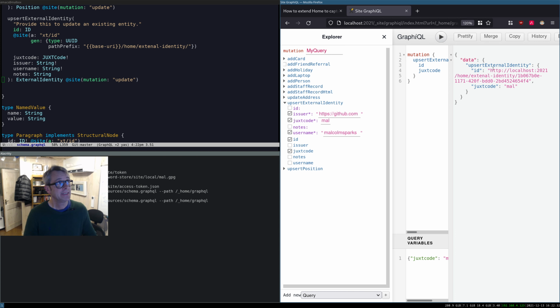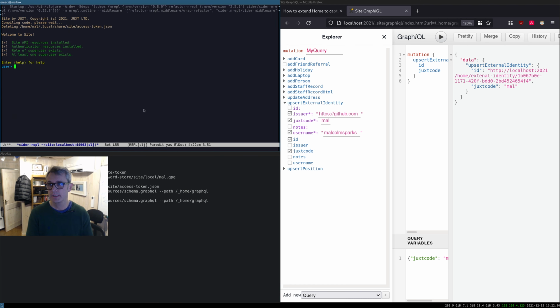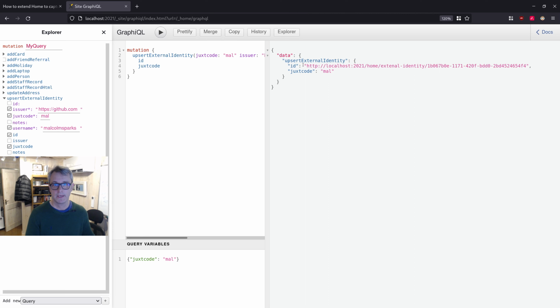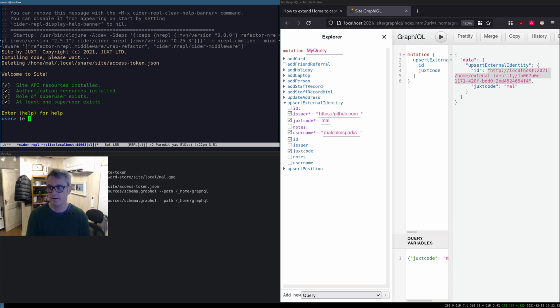Okay, now that entity does exist in the database. I can show it because I've logged in. I'm using my REPL. I can copy and paste it. Oh, gosh, it's not making it very easy for copying and pasting. I can copy and paste this, and in the REPL we have an E function